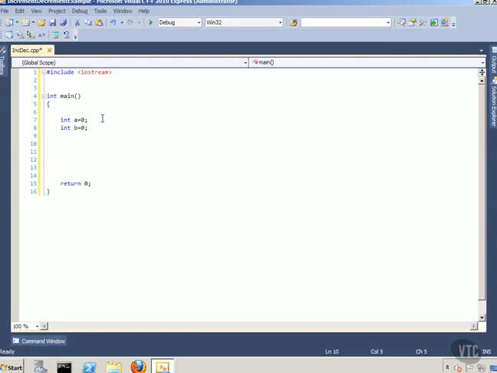Now I'm going to set b equal to plus plus a. Now we know from the previous video, part 1, that that means a plus 1. And this is a prefix, so it's going to add 1 to a and assign it to b before it does the entire operation. And so then what I'm going to do is come down here